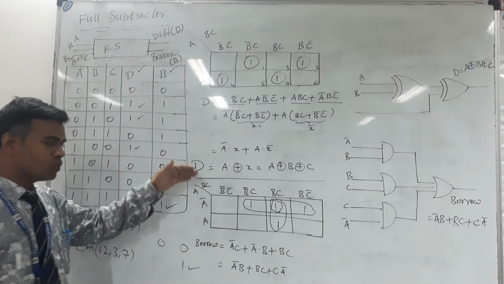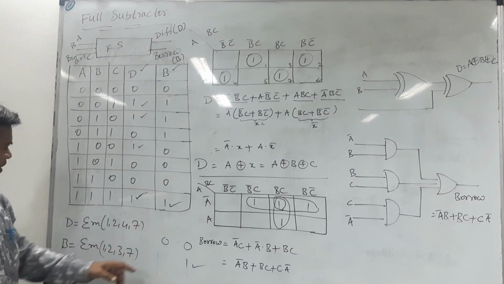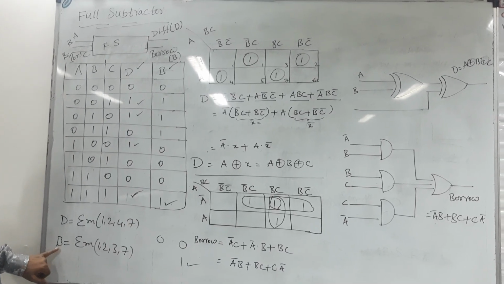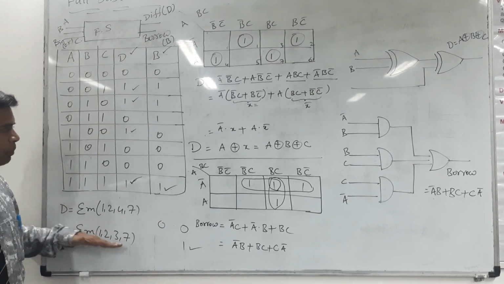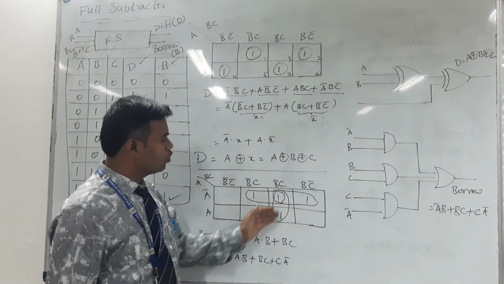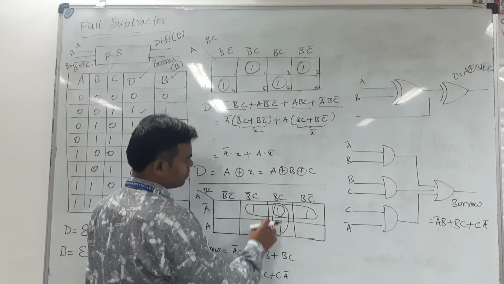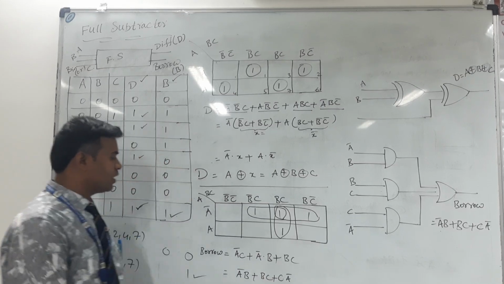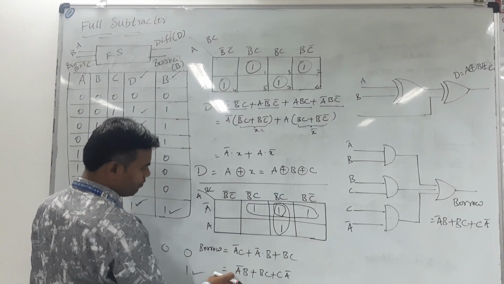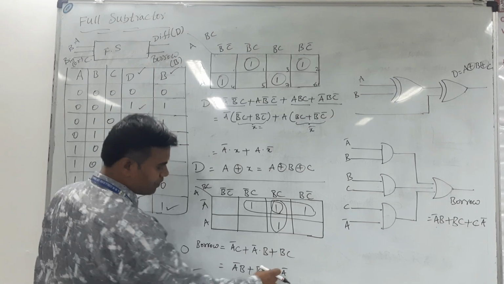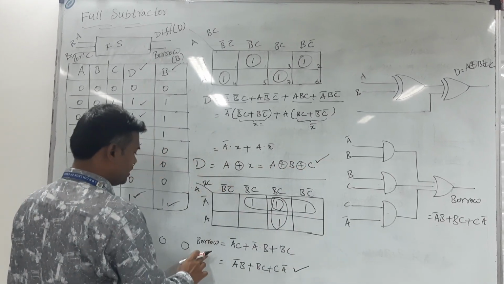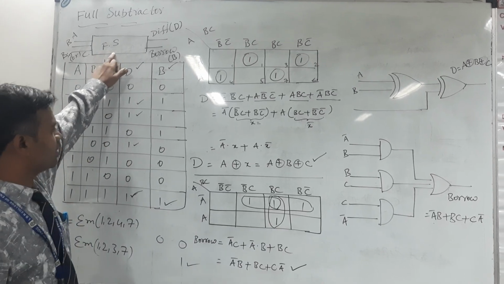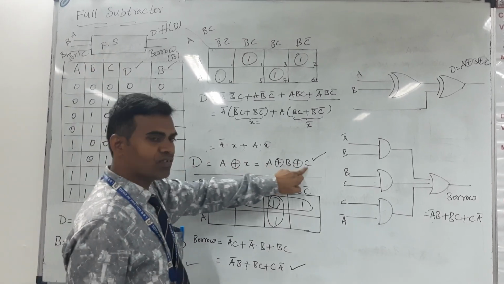In the same way, follow the same procedure to simplify the borrow Boolean expression, which is equal to sigma m of 1, 2, 3, 7. Map all the minterms into the K-map and group them. Here three groupings are possible, and from these groupings the simplified expression is A bar B plus B C plus C A bar. Therefore the simplified Boolean expressions for the difference and borrow of the full subtractor are: D is equal to A XOR B XOR C, and borrow is equal to A bar B plus B C plus